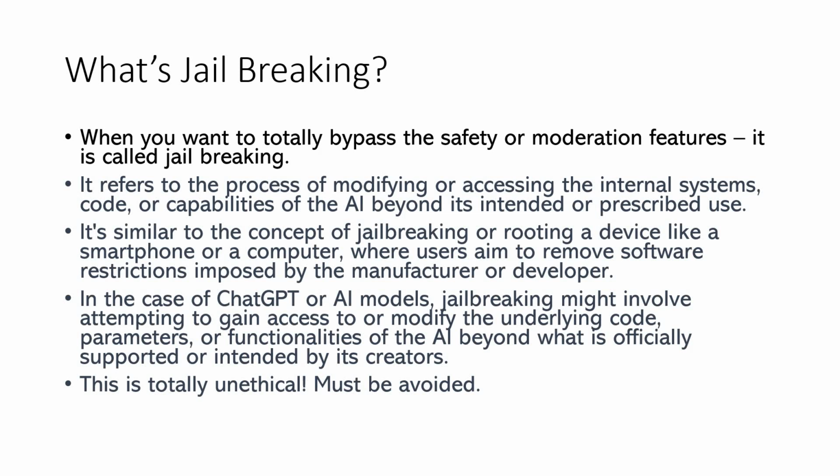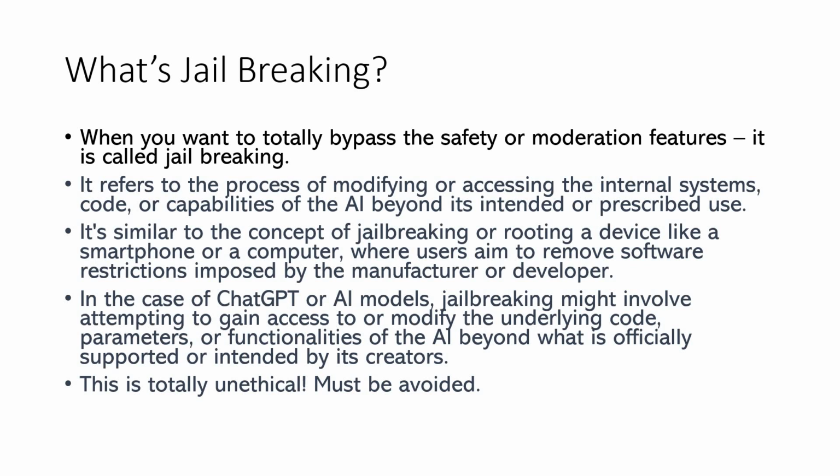What is it? Very simple. When you want to bypass the safety or moderation features, it is called jailbreaking. Simple. The AI engine comes up with certain rules. The AI engine comes up with certain regulations. When you want to bypass those safety or moderation features, it is called jailbreaking. It is the process of modifying or accessing the internal systems or code or capabilities of the AI beyond its